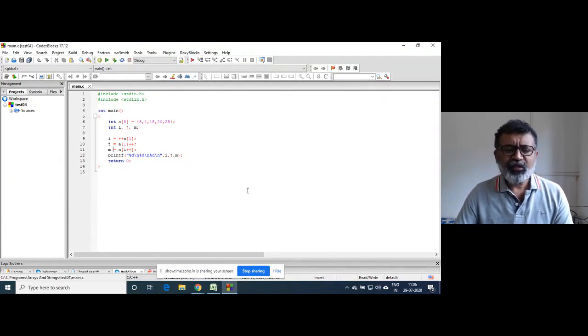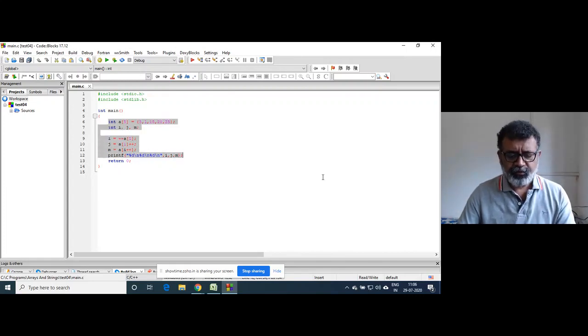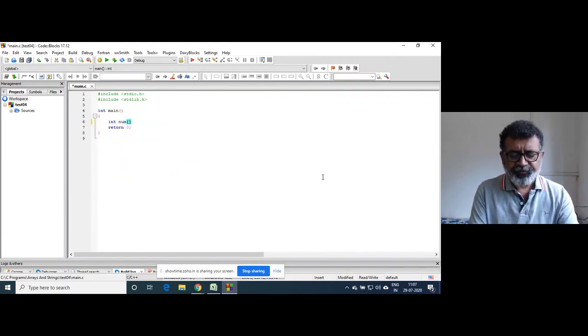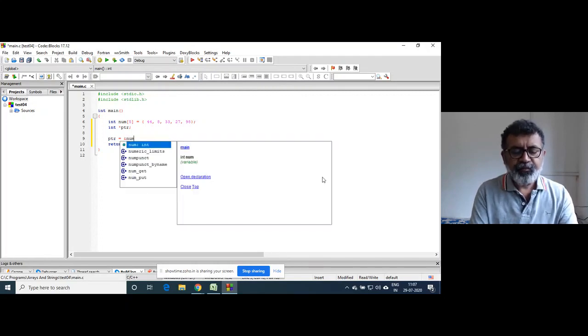Numerous programs are there in the practice section, and as I told you, in the same program when I declare any array, say of 5, and initialize it to 5 elements, and yesterday I declared one pointer variable, if you can remember, and I assigned ptr is equal to ampersand num of 0.